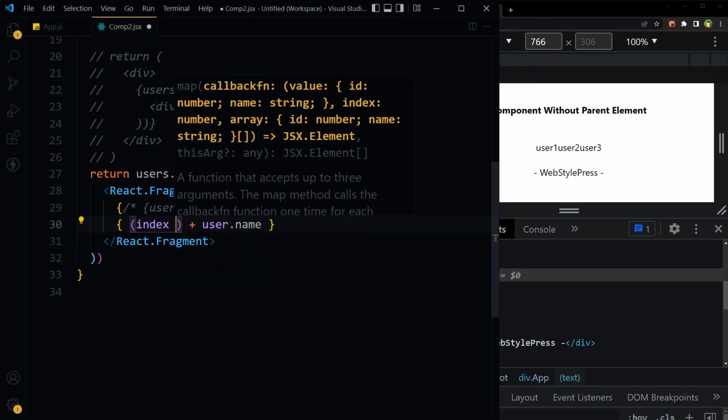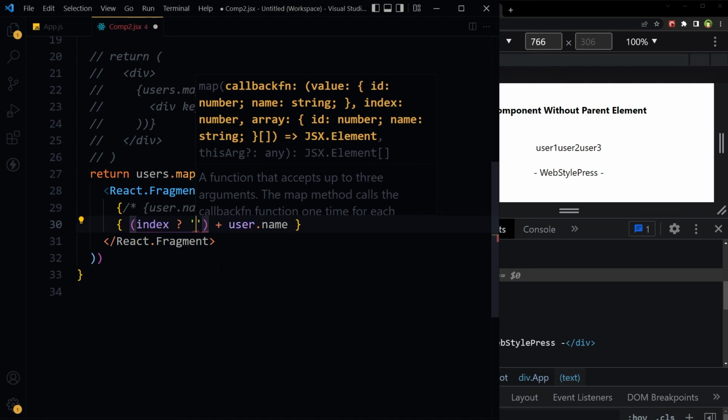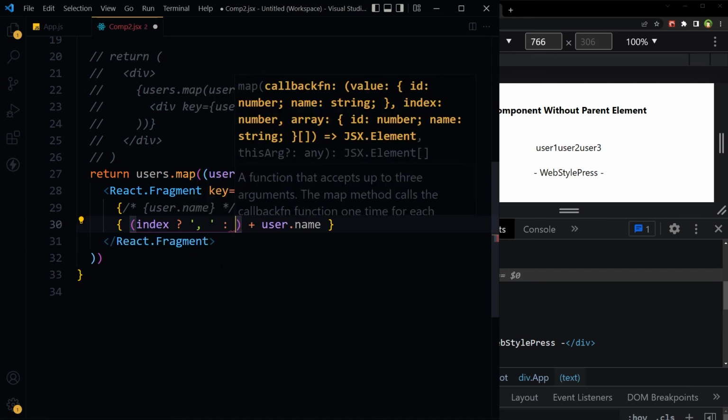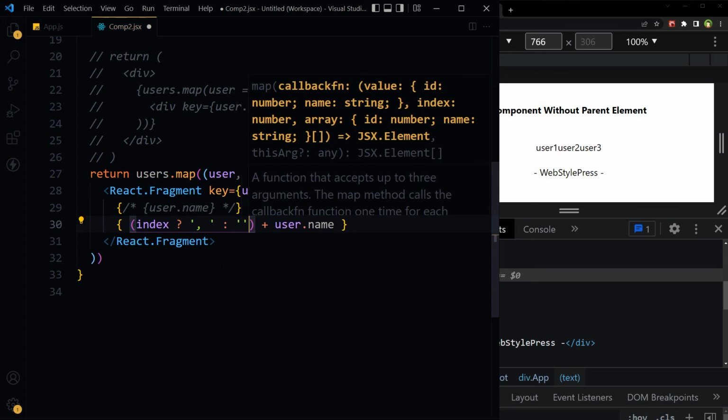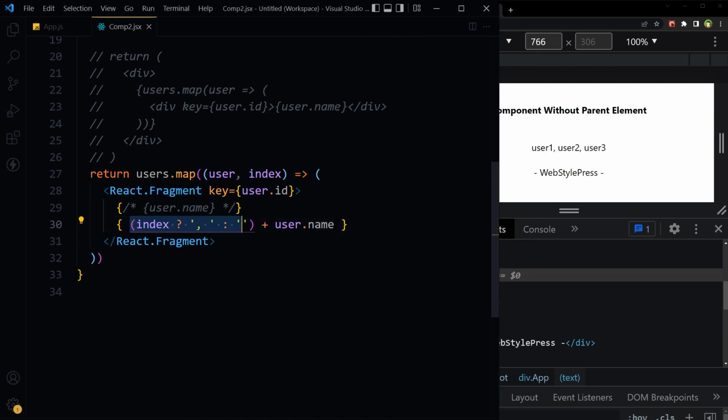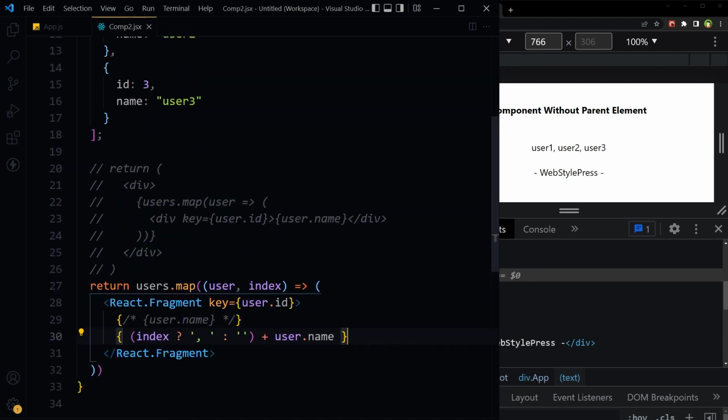If index, display comma, otherwise do not display anything. Save. And as you can see, these comma separators were added because of this condition, because comma separated records are better.